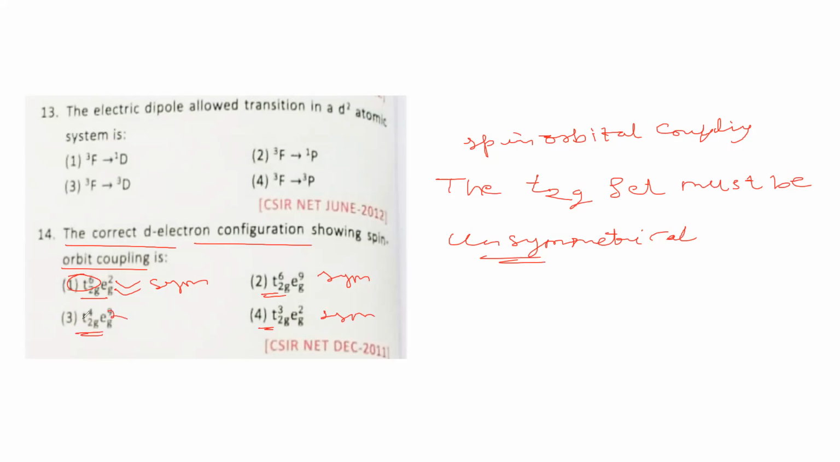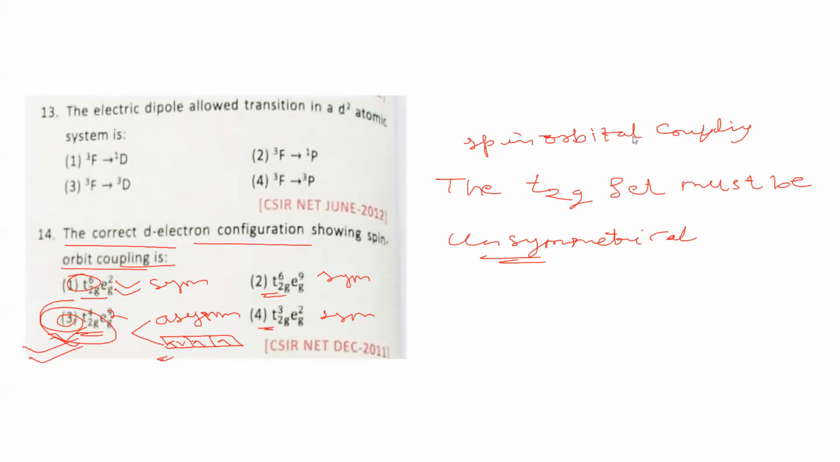Okay, so in this case the T2g set has 4 electrons, and if we fill the 4 electrons in the T2g set, they can be filled like this, 1, 2, 3 and 4. So that's why it's asymmetric, unsymmetrical. For spin orbital coupling, the T2g set must be asymmetrically filled. So that's why option 3 is the right option. Let's discuss